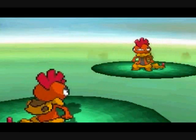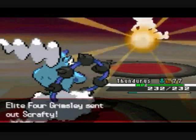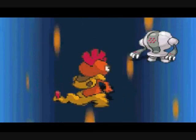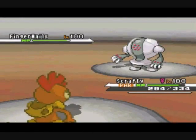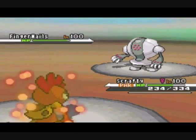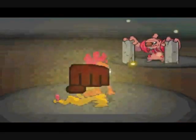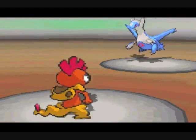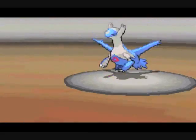Now, time for Scrafty. Scrafty is one bulky son of a bitch. Both of his defenses can get as high as 361, the highest out of any dark type. Speaking of which, these are the only two Pokemon that have the typing of dark and fighting. That is dope. Also, you gotta admit that Scrafty just looks plain awesome. This picture just screams, yeah, I know my pants fell down. What's it to you? Overall, these two Pokemon are the definition of